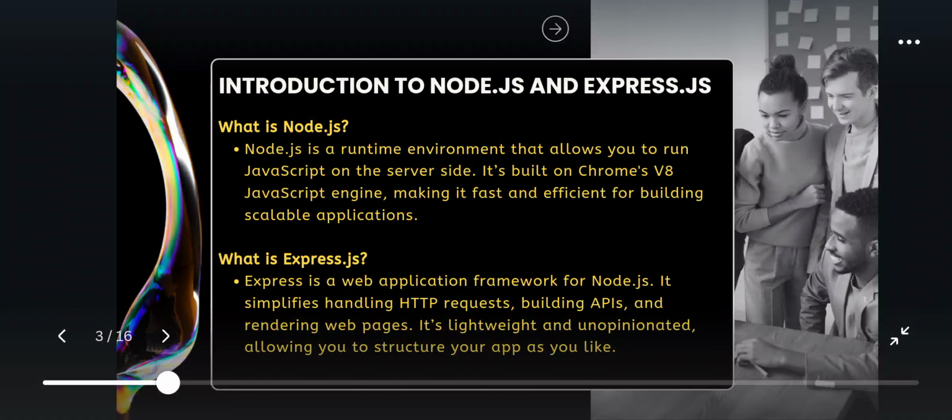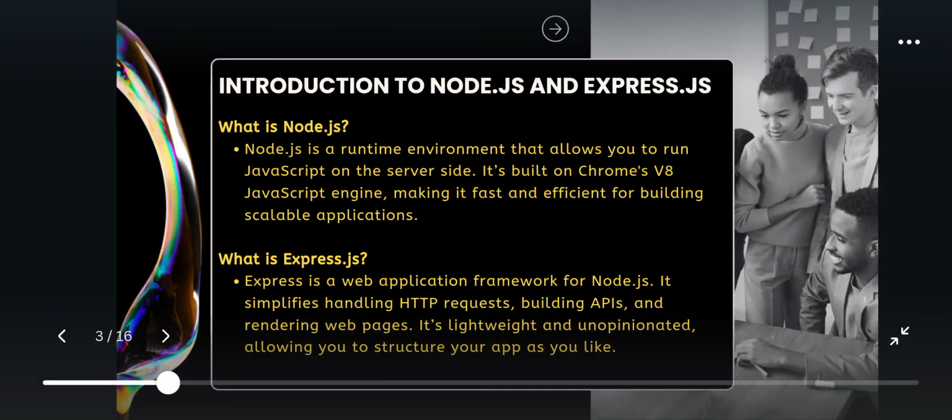Introduction to Node.js and Express.js. First we need to know what actually Node.js is. Node.js is a runtime environment that allows you to run JavaScript on the server side.